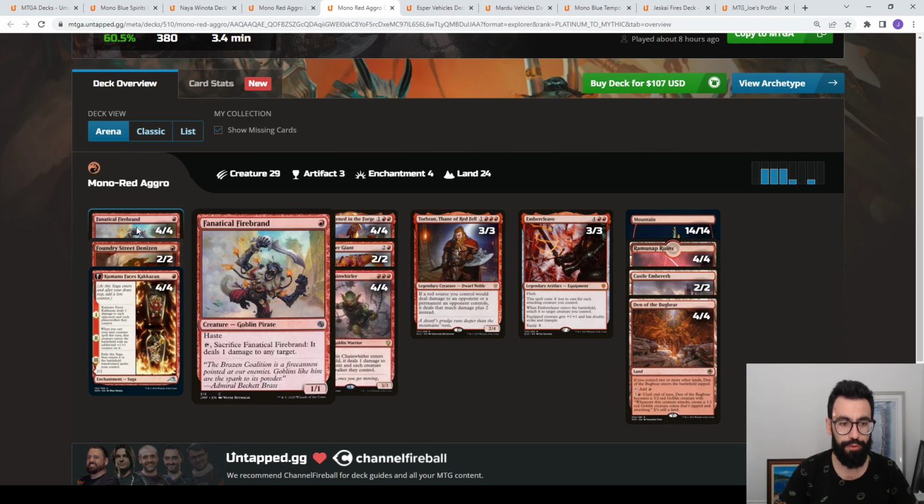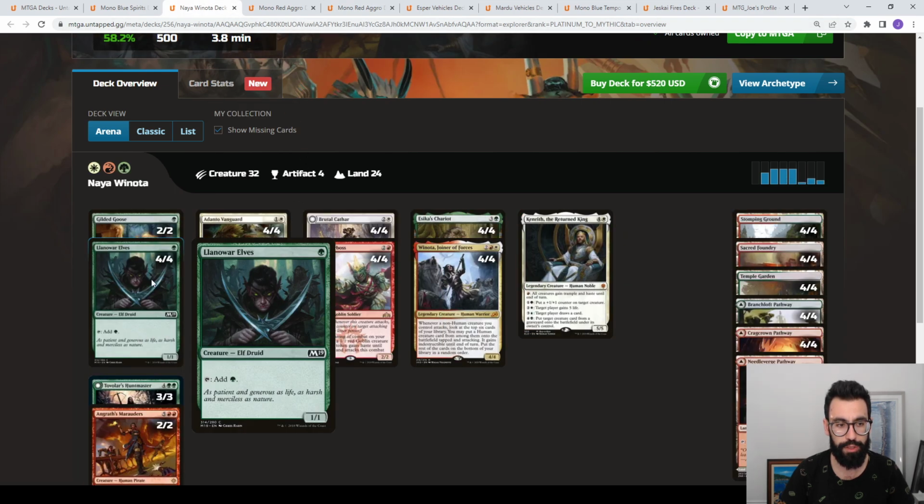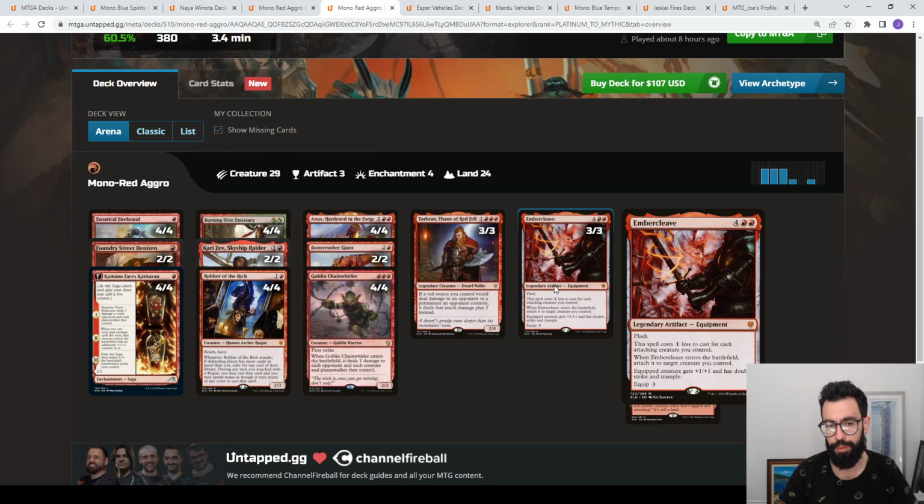You have Fanatical Firebrand, which can be used as a removal spell, a little bit better into the Winota decks. You see a lot of Winota being X1s, so being able to pick off a Llanowar Elf on turn 1 has a lot of utility. And then this version, Ember Cleave,